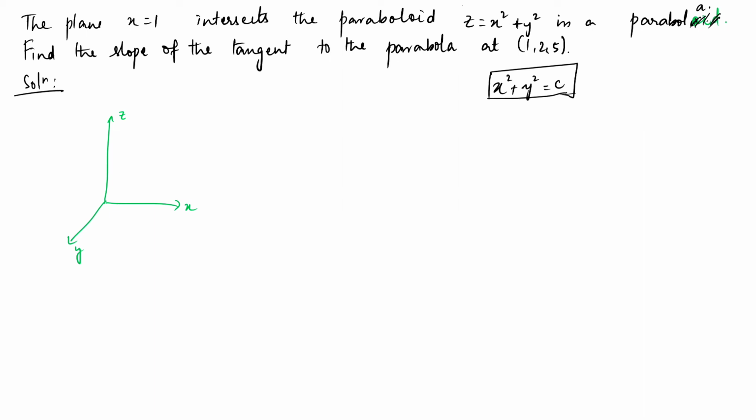It may be x squared plus y squared, or y squared plus z squared, or x squared plus z squared. It is up to the question setter to give whatever they want. Something squared plus something squared equals some constant means it is a circle. Whether it is a circle in the xy plane, xz plane or yz plane differs. Here it is a circle in the xy plane. Based on the value of c, we are going to have a circle of this sort.